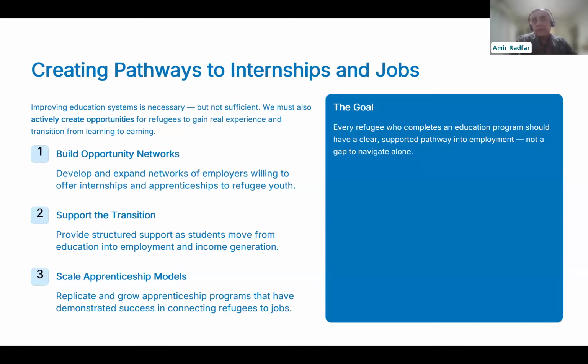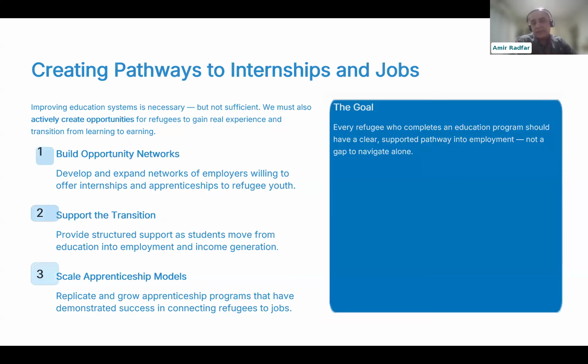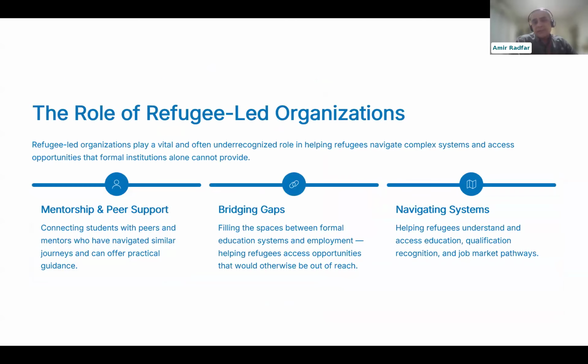Because when we talk about increasing the employability of refugees, it's more about practicing and getting the chance to work in a real workplace. That creates work experience, so that refugee students, after finishing their education at any level, will have a better chance and better employability opportunities.